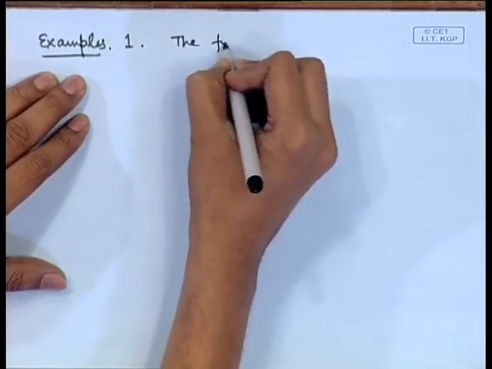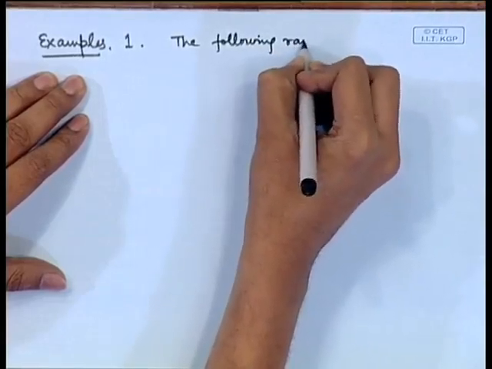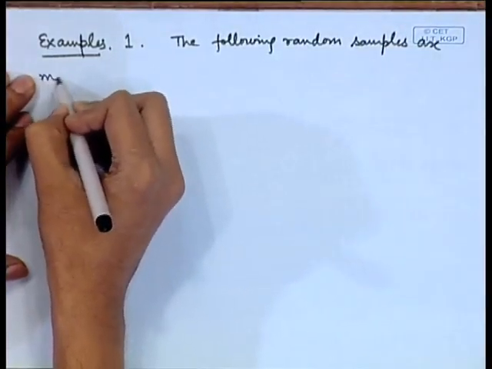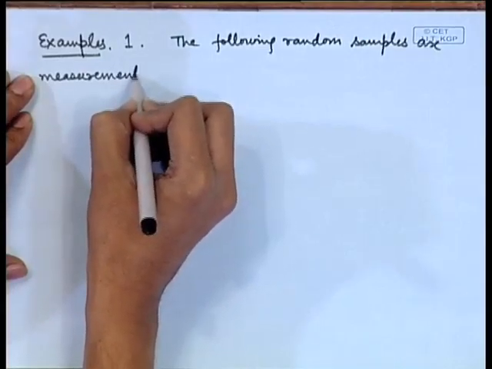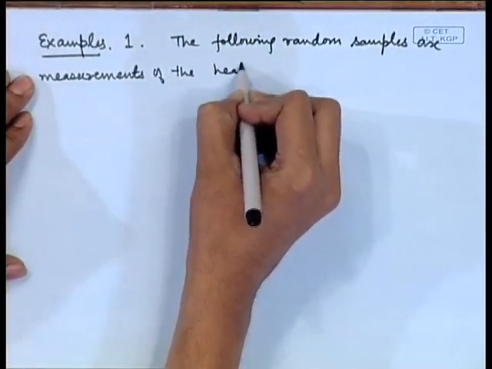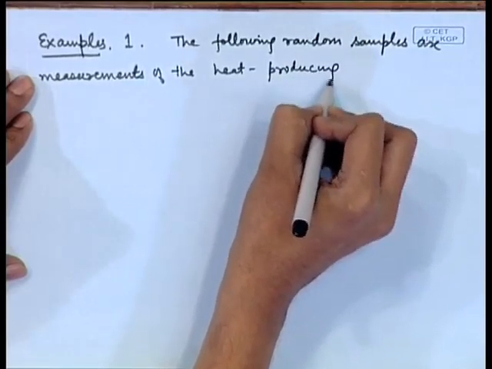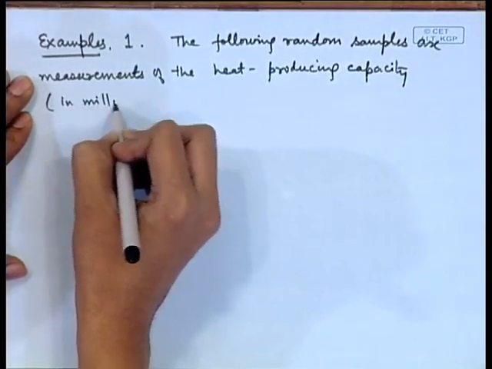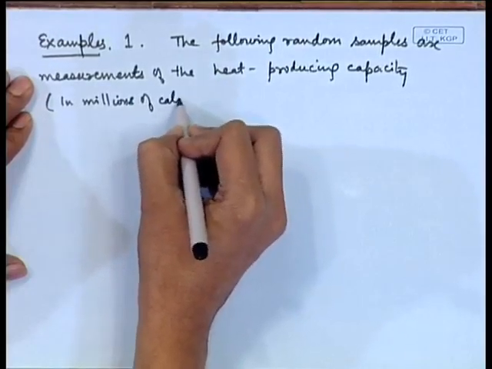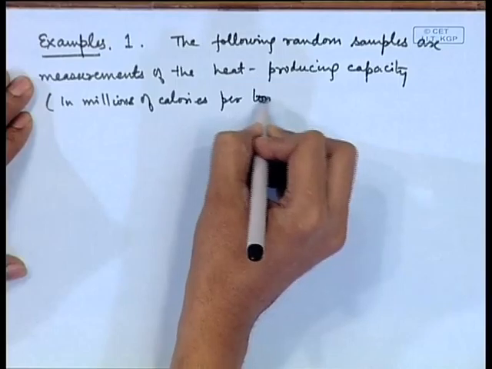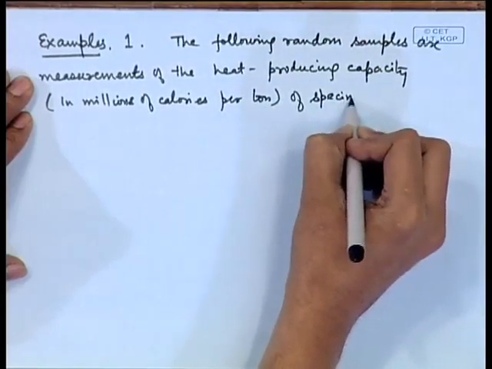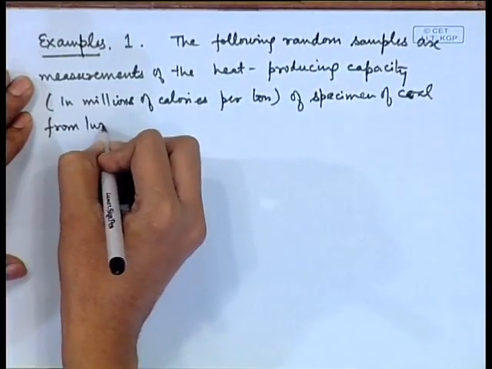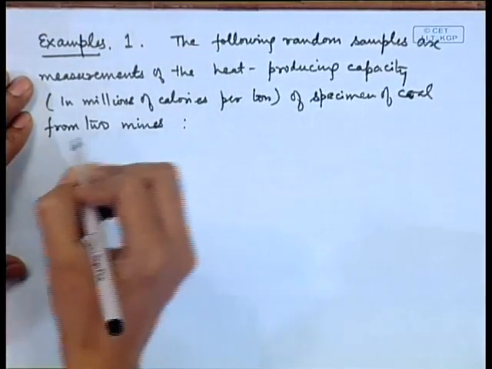The following random samples are measurements of the heat producing capacity, in millions of calories per ton, of a specimen of coal from 2 mines. So, in mine 1